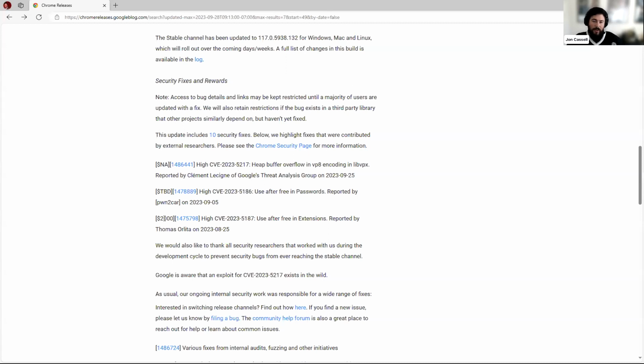Really minor release, in fact. What I typically see, usually in the 10, 20,000 range each release, if it's got over a handful or so. But this one did not actually have a payout. It's regarding a heap buffer overflow in VP8 encoding in a particular library, which was provided